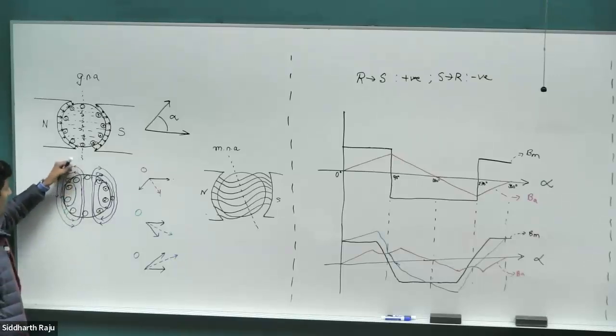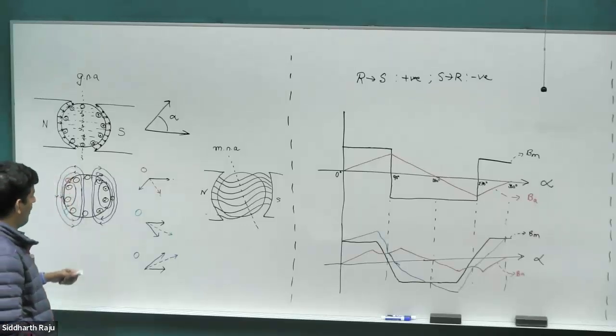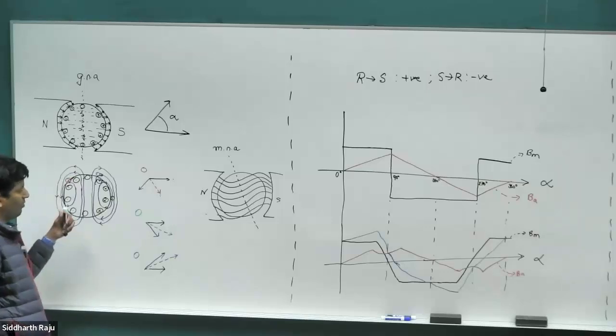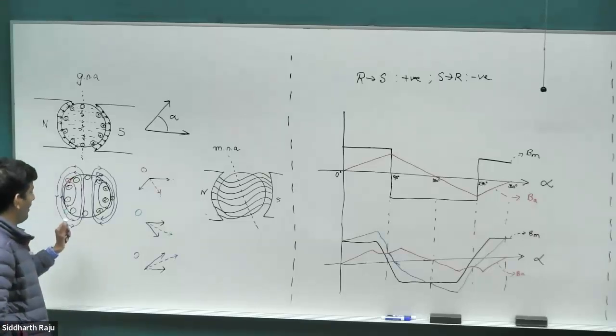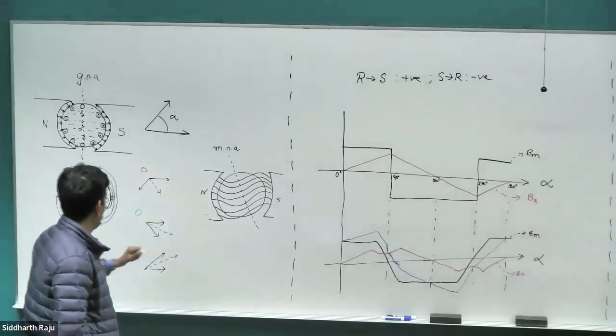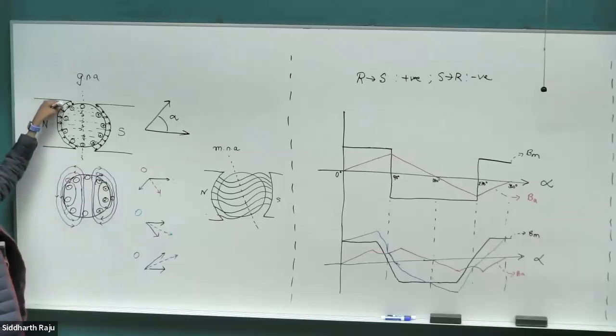It's a much more complicated picture than the simple diagram I've drawn here, because these conductors each have their own magnetic field and they interact with one another. And if there is no saturation, you can use superposition. If it saturates, you cannot use superposition to figure out the magnetic field. In a typical case, you would use some kind of analytical or numerical software to figure out what the pattern looks like. But just to get an idea of what's happening, on this diagram that I drew last class, we can look at 4 different points